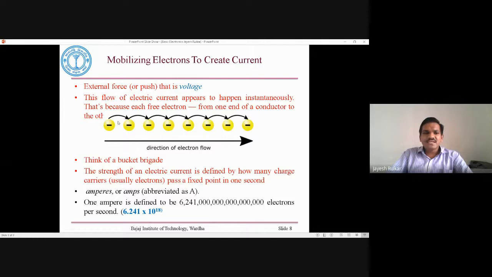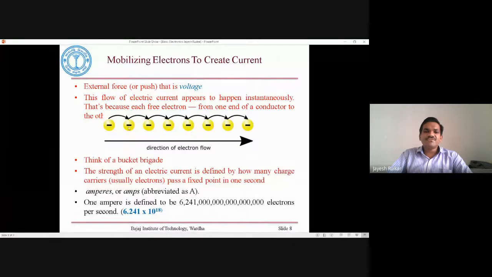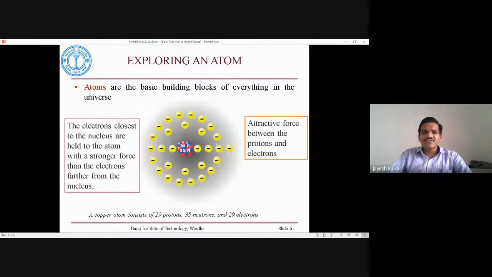So what happens here? They start jumping from one atom to another atom. That particular atom loses its electron. If you see this particular electron, if it jumps from this atom to the second atom, it will lose these electrons. Likewise, if you see this particular copper atom, what happens in this copper atom? If these electrons start jumping from one atom to another atom,